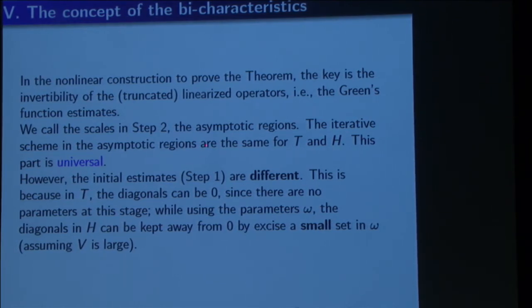What do you mean by universal in this context? It's the same way of doing things. I really don't know what you mean by this second paragraph. Even I'm not sure what you mean by step 2. I don't even know what step 1 is. Step 1, the initial estimates. On what? Of the Green's function in the finite volume. Because the problem is very degenerate, that's different. And the second part, iteration, is not that different. That's what I want to say. How do you pick the size of the first scale? Yeah, all this will come in.